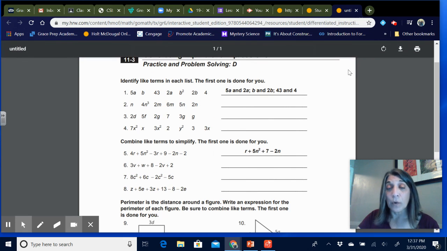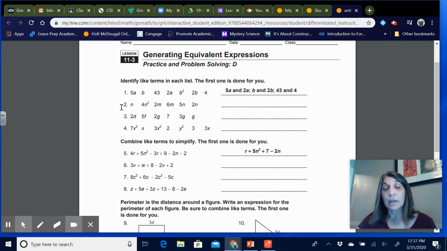They did number 1 for you, and on my notebook paper, I would just write number 2 and start writing in my answers. For 1, 2, 3, and 4, you probably don't need to write down the initial problem, but for these, you really want to copy the problem down on notebook paper and then work it. So for this first one, really all they're asking you to do is identify the like terms in each list,